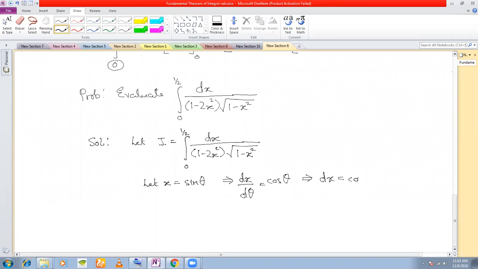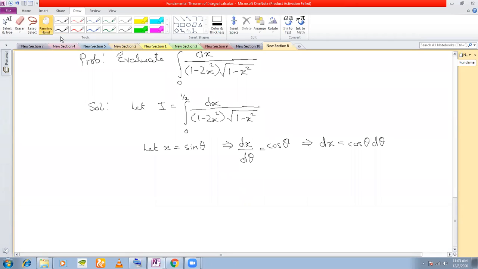dx becomes cos theta d theta, right? Now you put it in. One more thing is there: we have changed the variable from x to theta. That means the limits must also change. What is the lower limit here? x is equal to 0. So for x equal to 0,